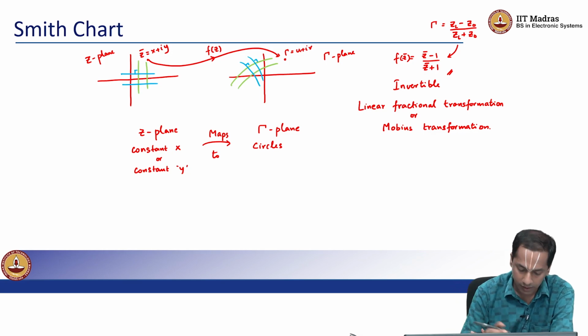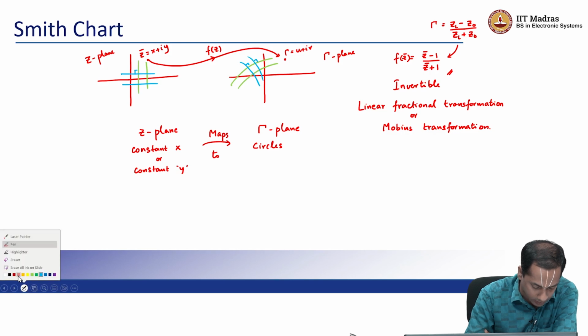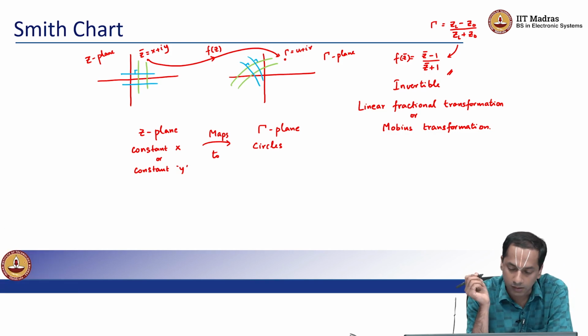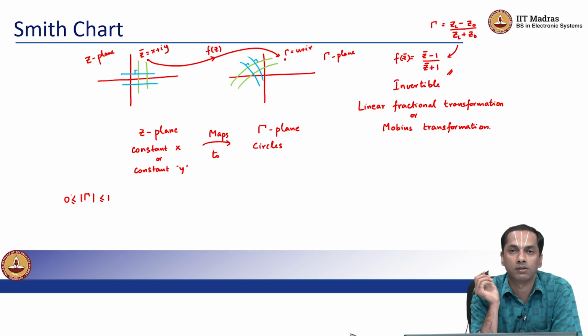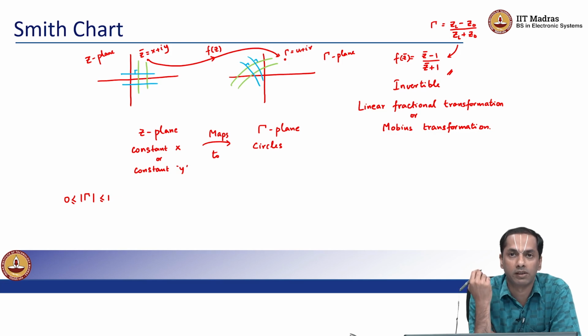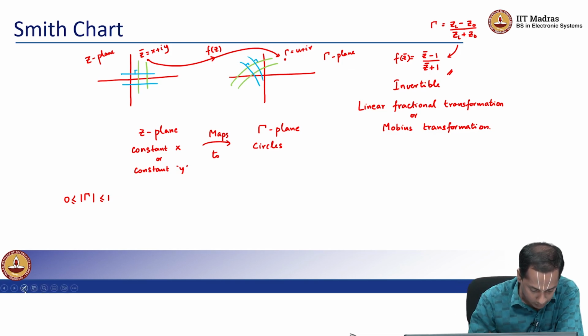Okay, so let us look at this analytic function and make some basic calls. Remember that the modulus of gamma is always between 0 and 1. You take any load, or any z prime, the modulus of gamma is between 0 and 1. So it is essentially saying that the entire right half plane,